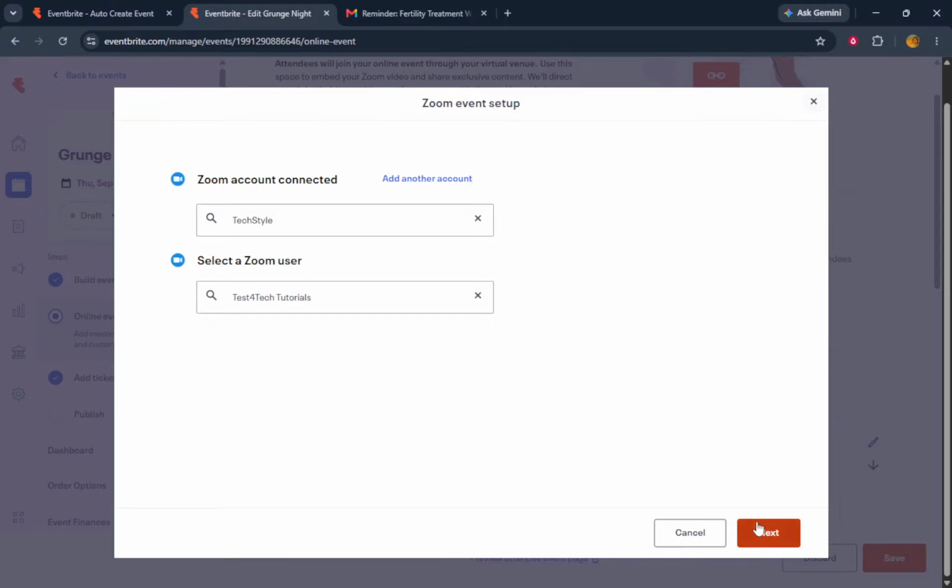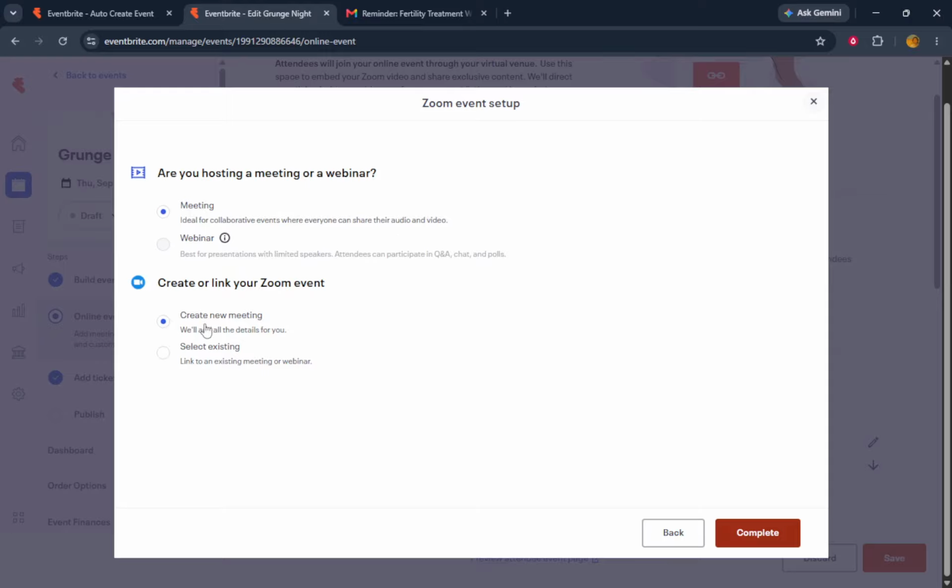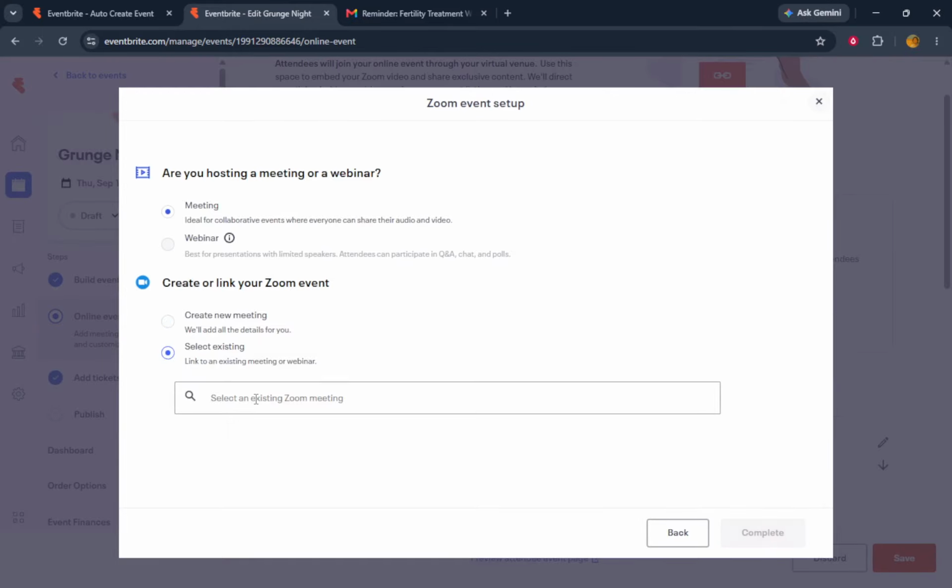And there you have it. You've successfully added a Zoom link to your Eventbrite event. By following these steps, you ensure that your attendees have everything they need to join your virtual event smoothly and